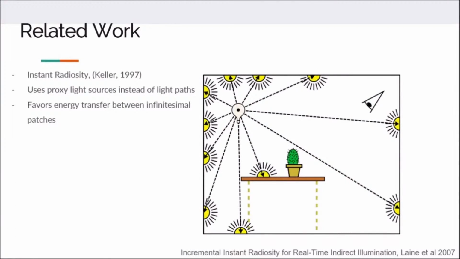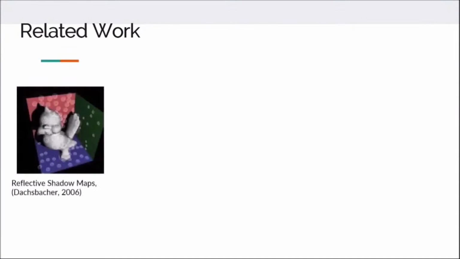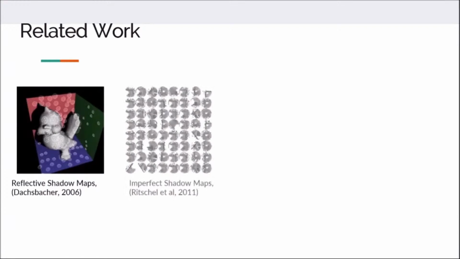Many works inspired us, but a few select ones are core to this research. Instant radiosity reformulates the rendering equation as an integration of the contribution from many virtual light sources, the VPLs, treated like infinitesimal surface patches. To bring instant radiosity to a real-time setting, reflective shadow maps elegantly use the rasterization pipeline to create VPLs in real time, rendering from the point of view of a light source.